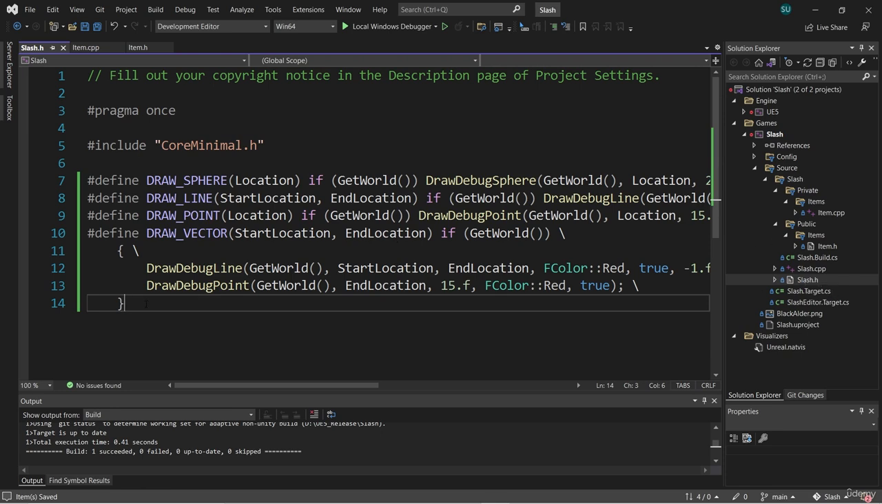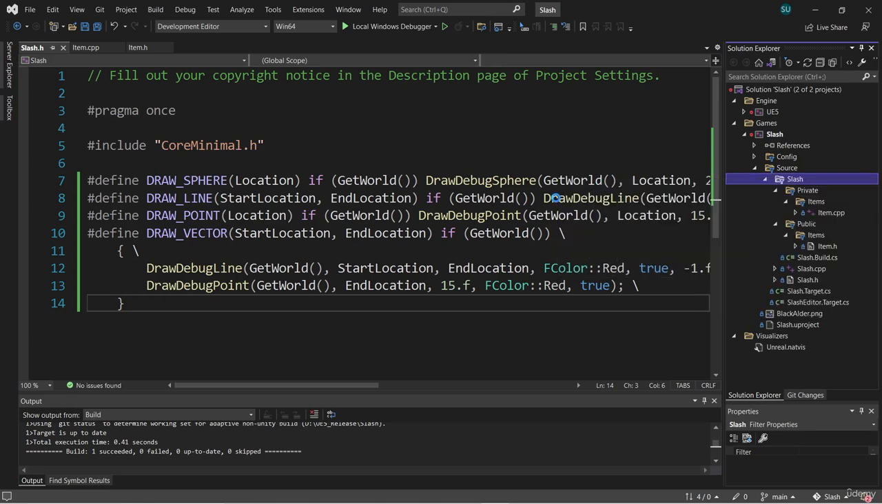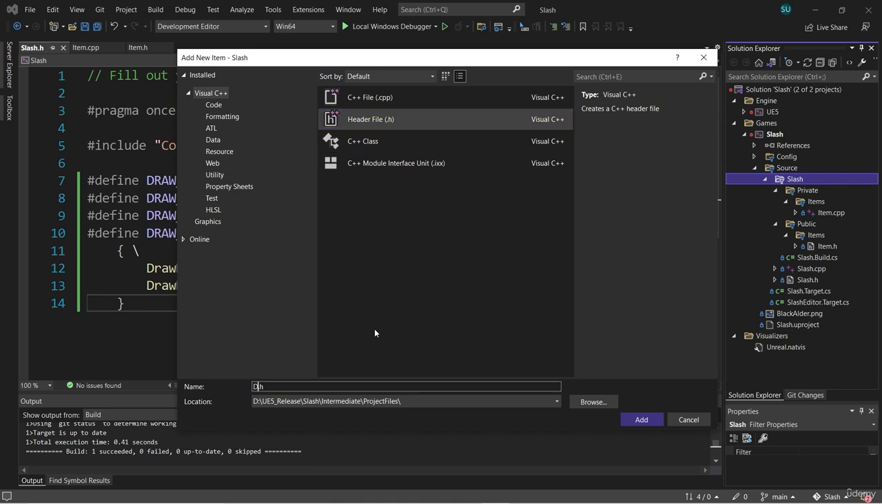Well, we can actually create our own custom header files right here in Visual Studio. All we need to do is right-click on slash here and go to Add and select New Item. And when we do this, we can choose to create a header file, a .h. Now, we can name our header, and I'm going to call this Debug Macros. And now we'll have a Debug Macros header that we can just include anywhere where we'd like to use our